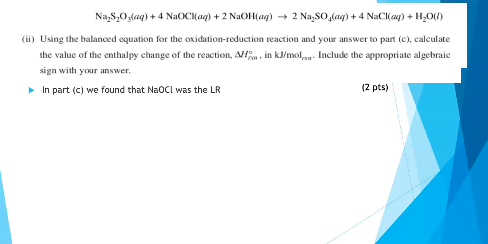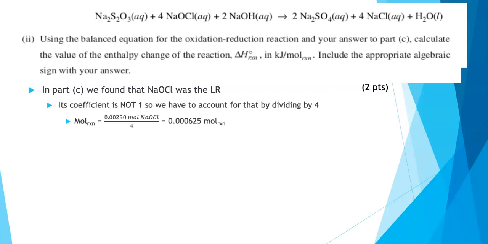All right, and we have to go back and think about our answer to part C as well, where we knew that NaOCl was the limiting reagent. So our other calculations should then depend on that. Now this is a place where a lot of students ran into trouble in the 2018 exam. If you look at the balanced equation, the NaOCl has a coefficient of 4. When we're doing things on a mole per reaction situation, we want to have everything compared to substances with a coefficient of 1. Since we've got a coefficient of 4 here, we need to divide by 4 before we go into our delta